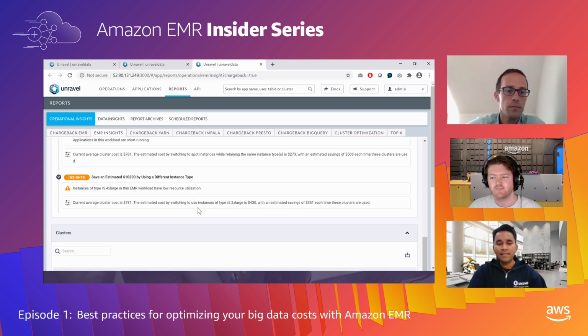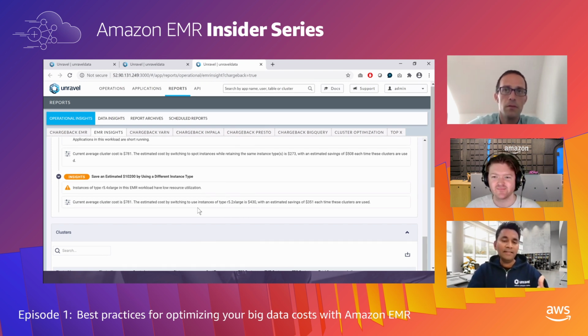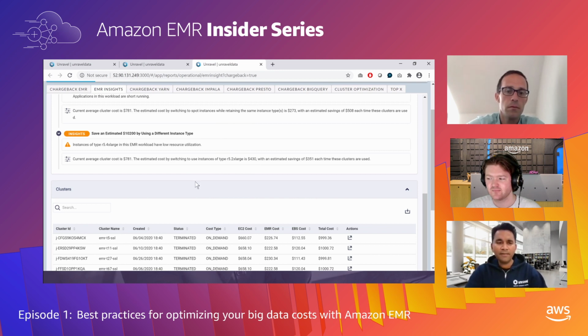The other one that we're seeing here is actually changing the instance type itself. So it's saying that you're running R5 4 extra large. All of you who are viewing this are potentially using Amazon. So there's lots of different EC2 choices. How do you go and figure out which EC2 choice is best for you? And Unravel, again, analyzes all those workloads, and it's saying, you know what? You don't need 4x extra large. You can get that same performance by actually using 2 extra large, and doing that change is going to help you save another $10,000 monthly, right? Up to that much.